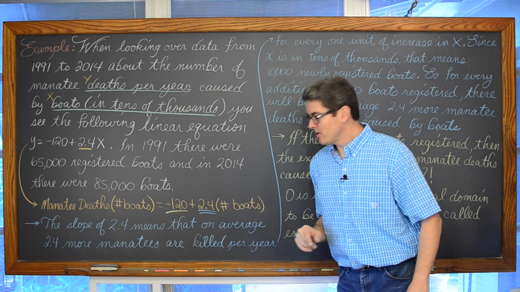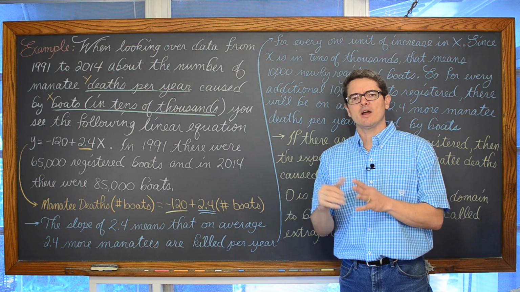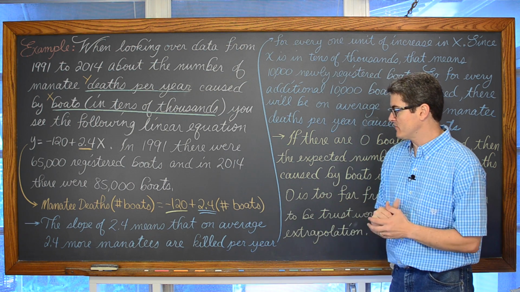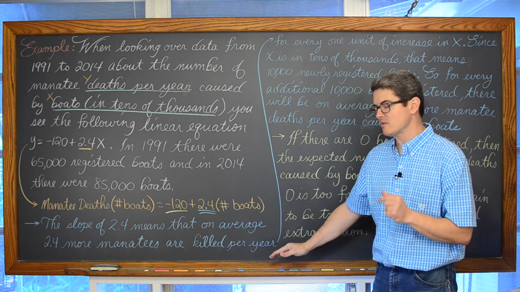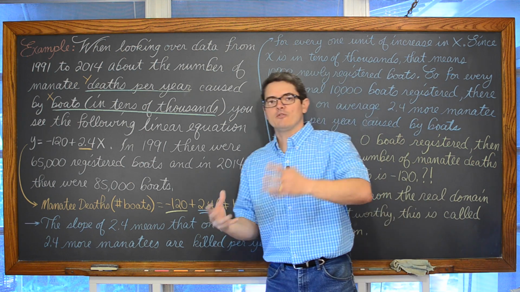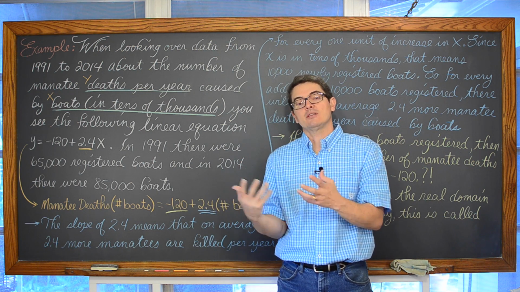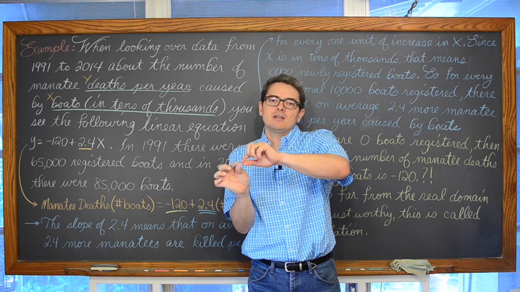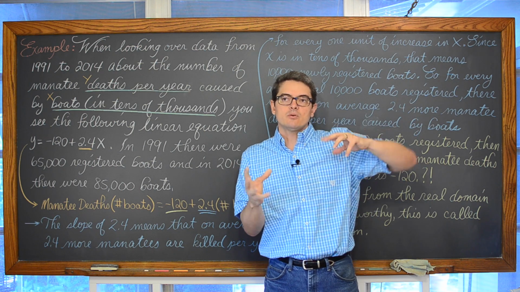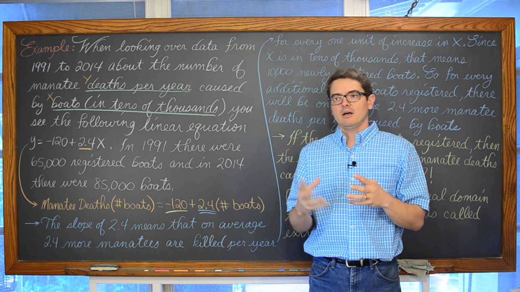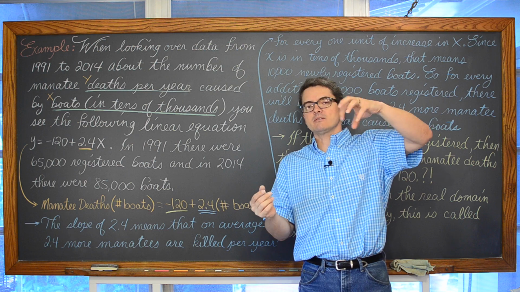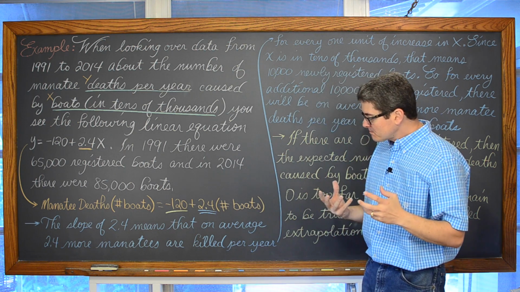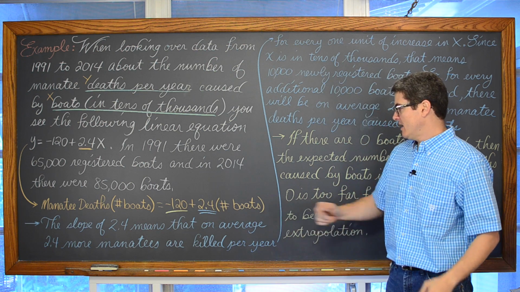So that slope, rise over run, yeah, that's great for graphing, but it's the average change in y per 1 unit of change in x. So the slope of 2.4 means that on average, and that's important, because if we had the original data where this regression line came from, this is real life. It's not going to be a perfect line. So this line is modeling some data which appears a little bit random but has a linear pattern to it. So it's about that average amount of change.